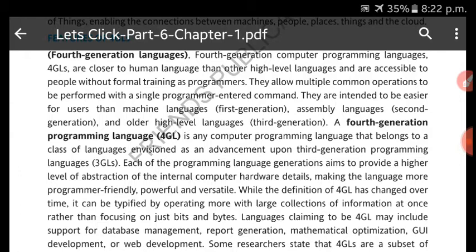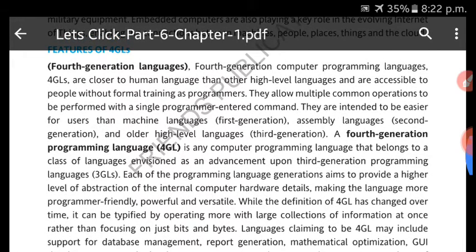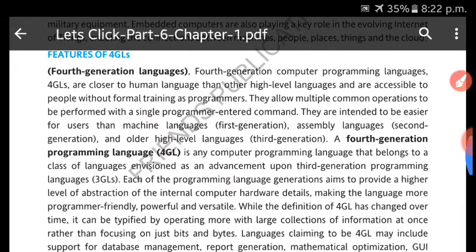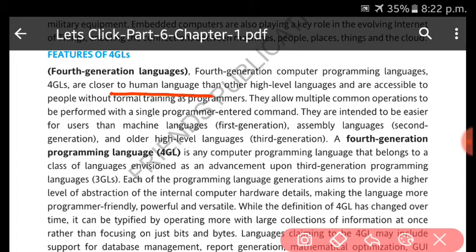And one more thing here: fourth generation programming computer languages are closer to the human language. Remember that. The other high level languages are accessible to people without any formal training as programmers. They allow multiple common operations to be performed with a single programmer end-to-end command.